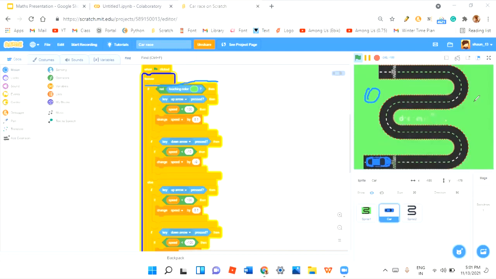it says if up arrow pressed, like when I press the up arrow on my keyboard, then I will go forward. Then the down arrow means I will change my variable called speed by minus 10 or 9, whatever, and then